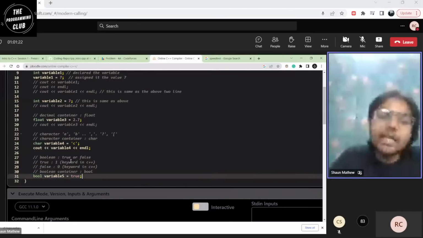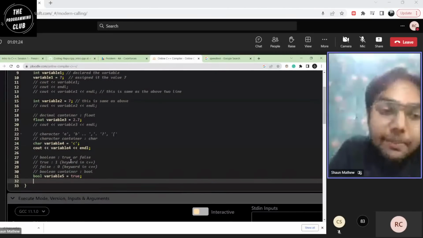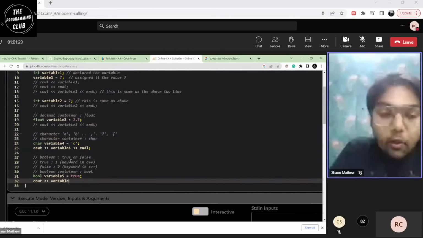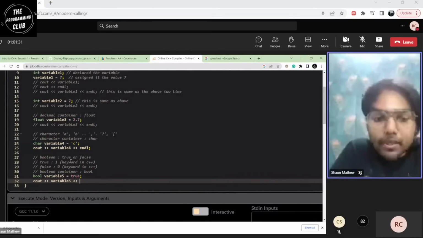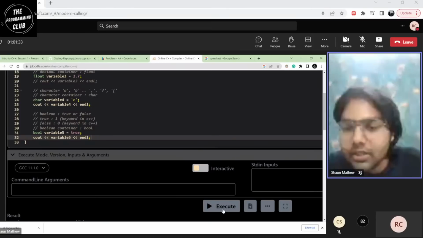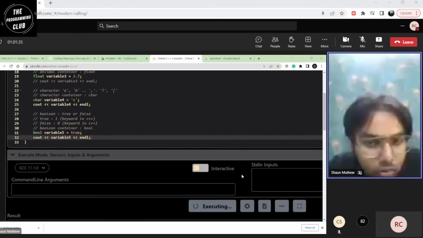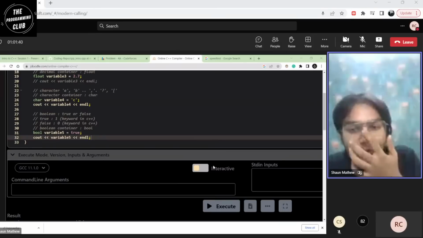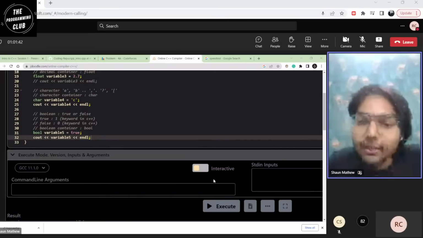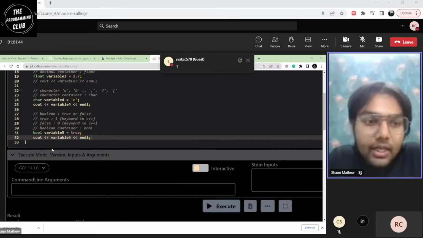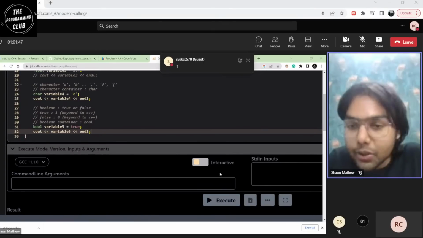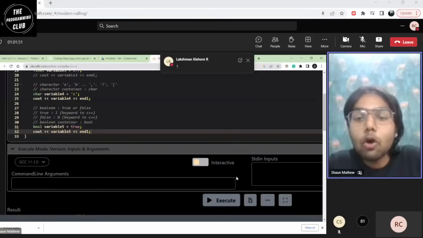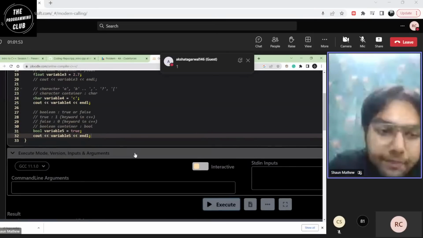Now what's interesting here is, suppose I print out the value of variable 5. What do you think the output will be? It's a trick question. Would it be true, or would it be 0? What would be the output? I want you guys to write in the comments what I will get as an output when I run this program. I've run this, I'll just show you the results. Okay, I get 1. So the output that we'll get here would be 1.